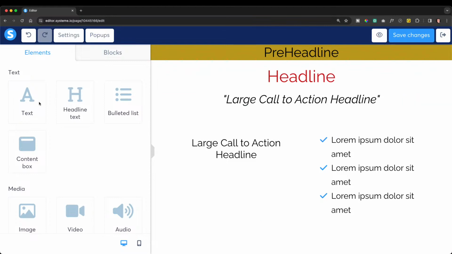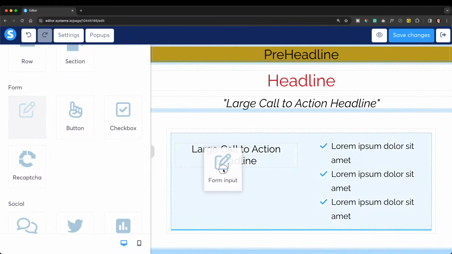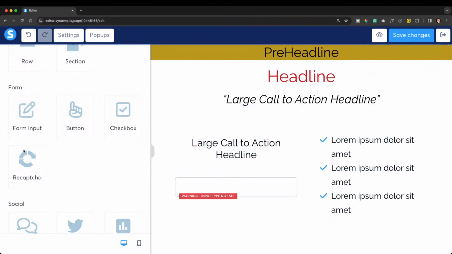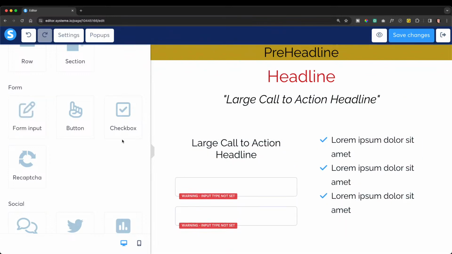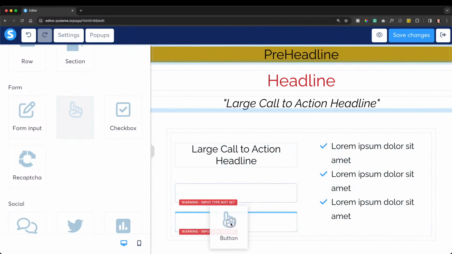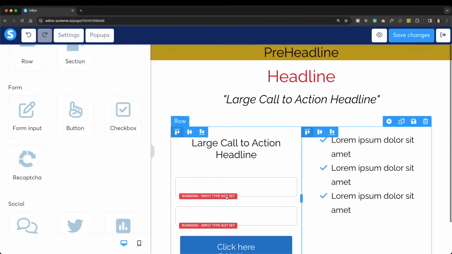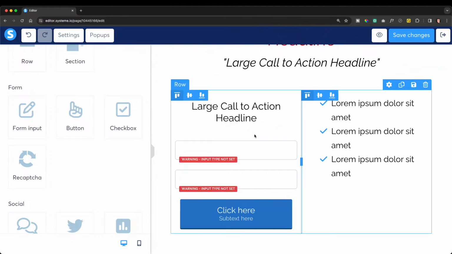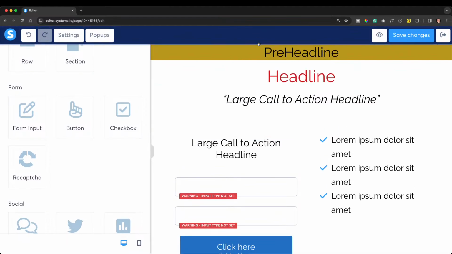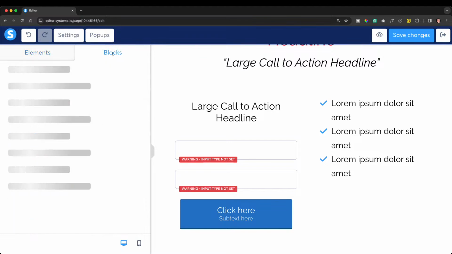Okay, and now all we need to do is drop in the form input. There's the first one, and then there's the second one. Then we need a button, so I'm just going to drop that in underneath. And we've got a nice way now of being able to work with this information. So I'm then just going to add a footer. Let me add a footer block,